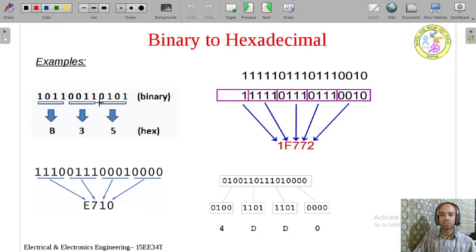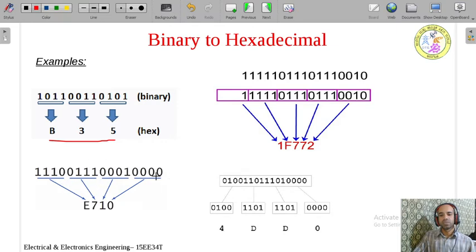So these are the first 4 bits group, and again second 4, again third 4. So what is 0101? See, it is 8421 code. Again use 8421 code. It is 4 plus 1 is 5. Again here it is 2 plus 1 is 3, and this is 8 plus 2 is 10, 10 plus 1 is 11. 11 in hexadecimal is B. Therefore the correct answer is B35.